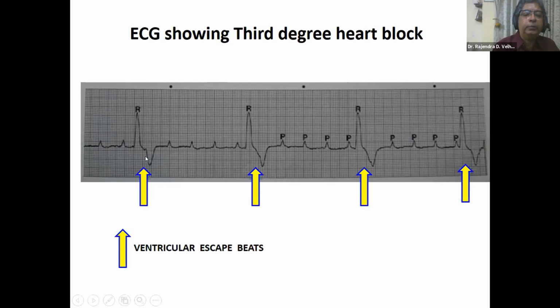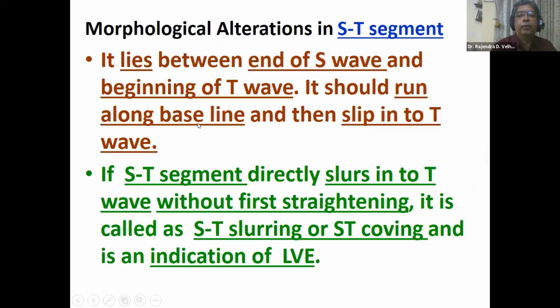According to the definition, the ventricular premature complex is identified by its wide and bizarre appearance, and it is not related to the P wave. We have seen here the PR interval is changing. So it is not related to the P wave, but related to a large T wave, which remains on the opposite side of the R wave. So these are the ventricular premature complexes or ventricular escape beats that are dominating the rhythm and trying to pace the heart. So this is a case of complete heart block or third degree heart block.